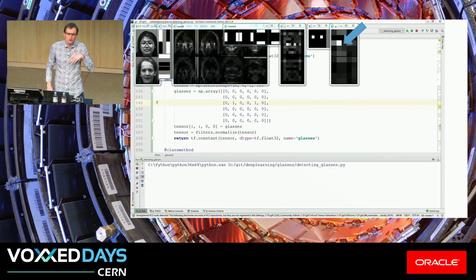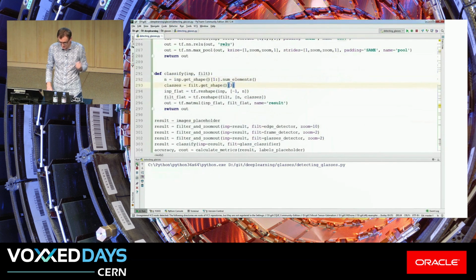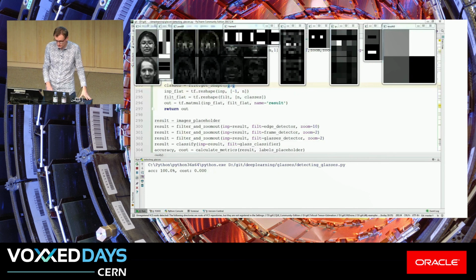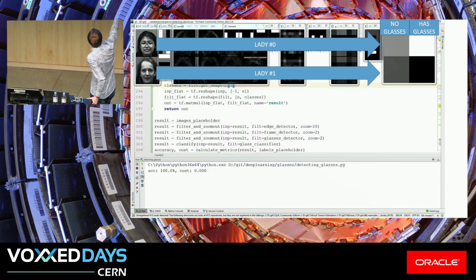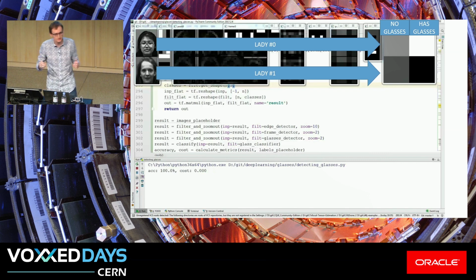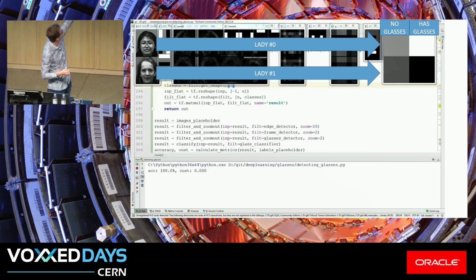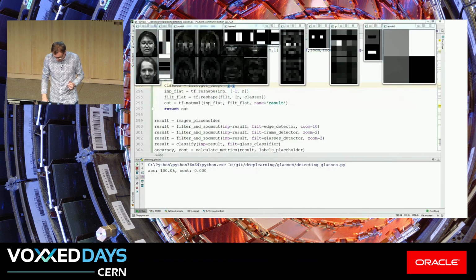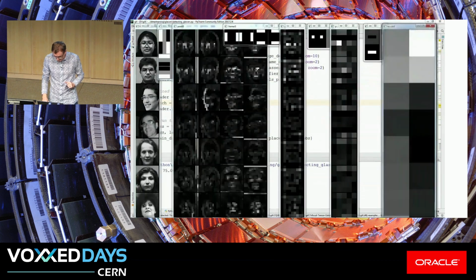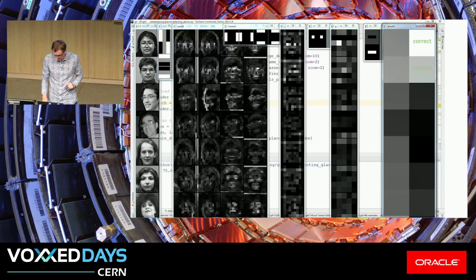And now, after a few lines of really trivial code, we can classify this. We arrive at the final result. We finish with just 2 pixels per image, corresponding to 2 classes. So the top lady has glasses, so the right pixel, which says has glasses, is shining more white, while for the second lady, who doesn't have glasses, the left pixel shines a bit more, which is a good result for us. Adding a few more guys, and we run, and first glasses found, second found, now third and fourth,